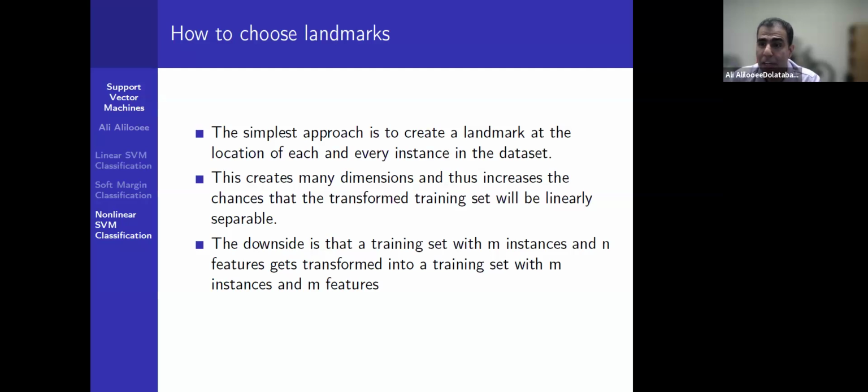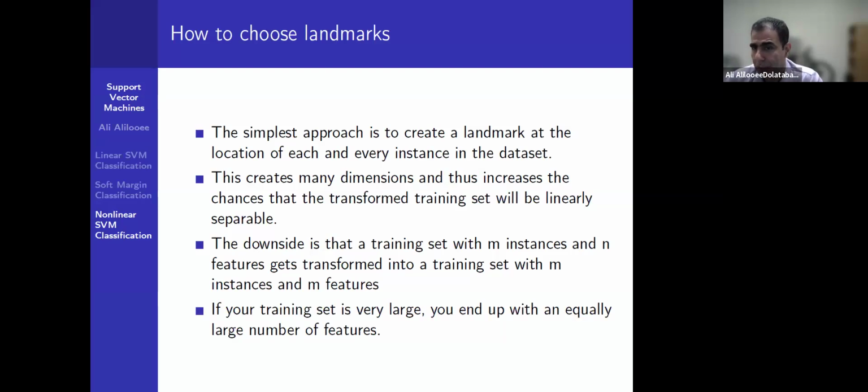And it can be very complicated. If your training set is very large, you end up with an equally large number of features. And this is one important thing that we need to understand, that although choosing each point as a landmark can, in many cases, give us a data set which is linearly separable,